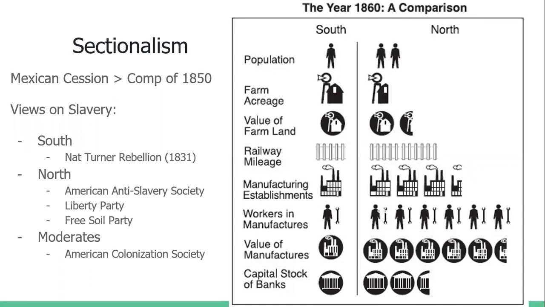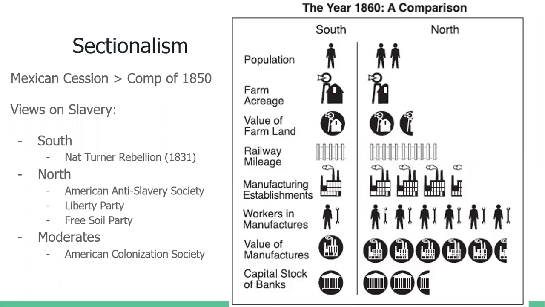Now, the stuff that we see here with the North, that is, well, like the Anti-Slavery Society. That was around from 1833 to 1870. This was an abolitionist society founded by William Lloyd Garrison, who was the guy who started the abolitionist newspaper called The Liberator. And they would advocate the immediate abolition of slavery. And by 1838, they actually would have more than 250,000 members in over 1,300 chapters around the country. That's a lot of people supporting getting rid of slavery.